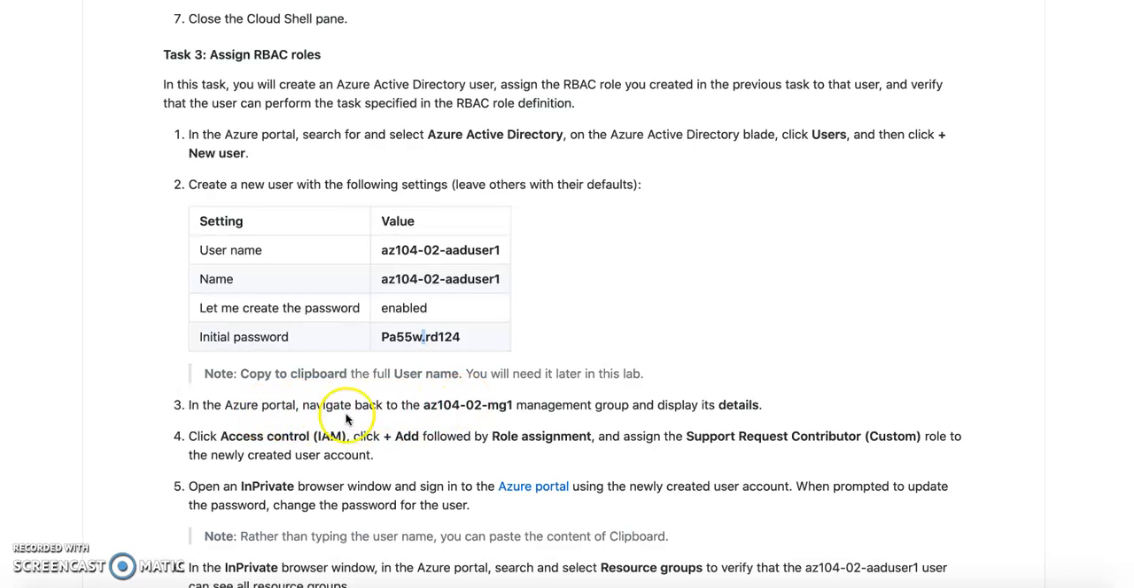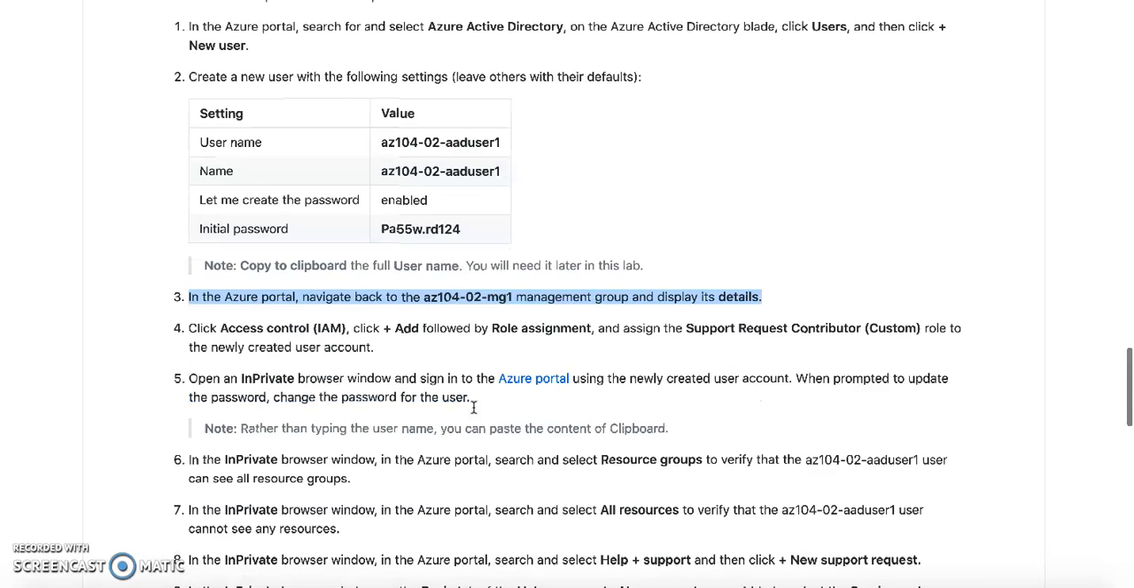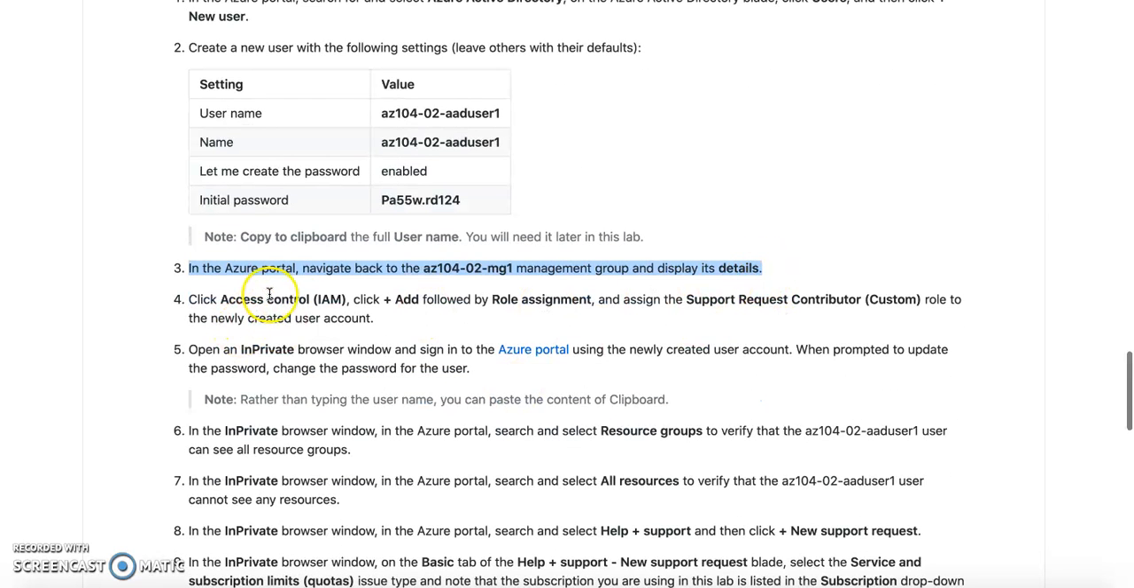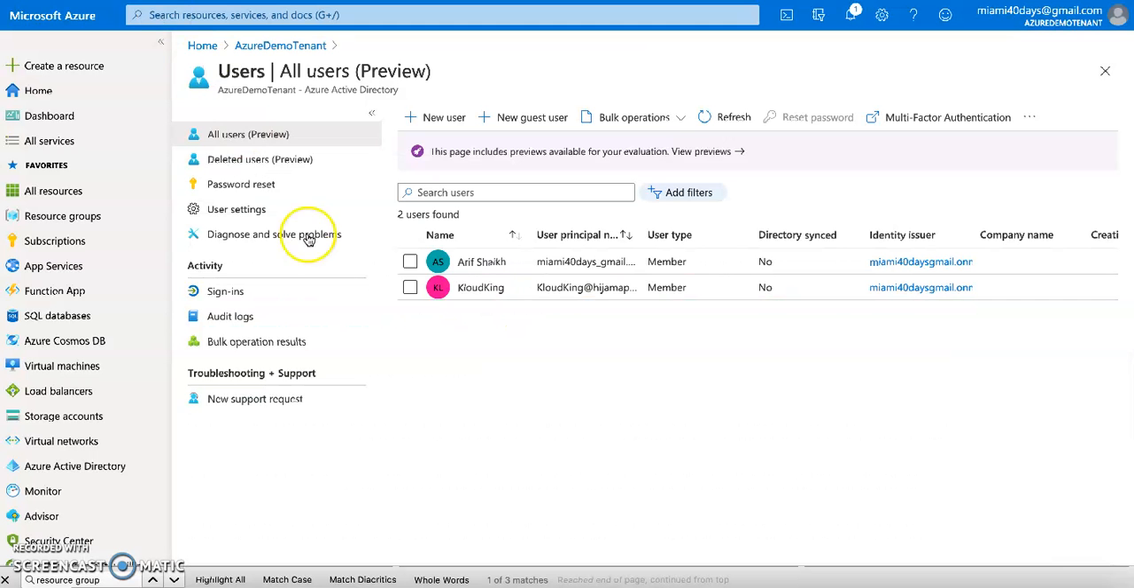Now they're asking us, okay, now go back to the management group and display its details, and then click this specific option IAM, and then you assign the role here. So now we have the user, we have the management group, we have the subscription. So now let's go back to my